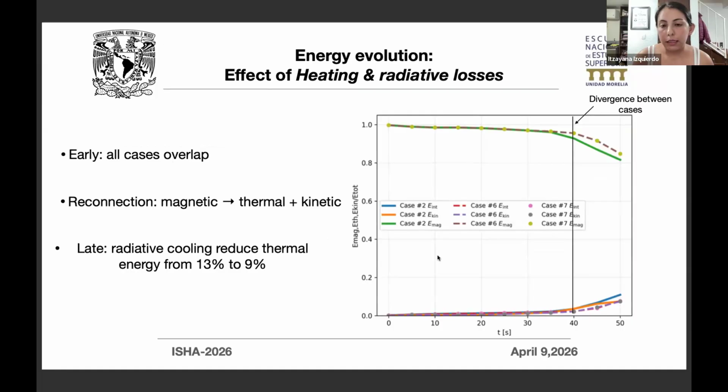As you can see in the figure, at early times all cases show similar behavior where the magnetic energy is converted into thermal and kinetic energy, and at later times